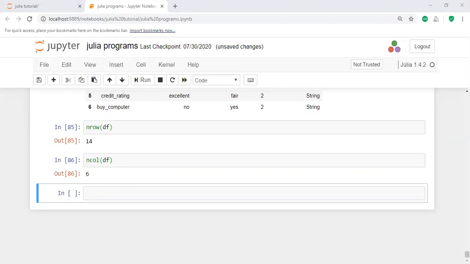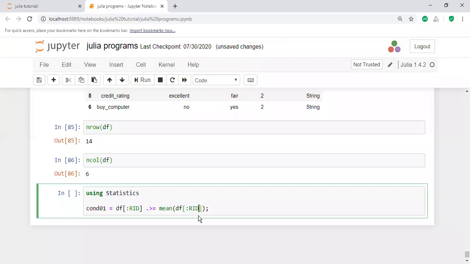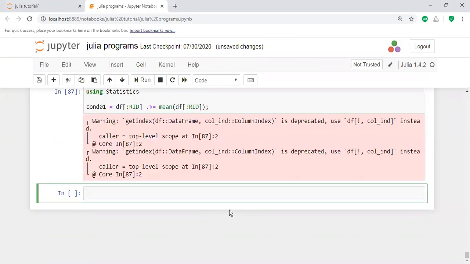Not only that information, there is also the manipulation of rows. You can manipulate the rows with the mean. If you want to know the statistical information, the mean of a particular column, then it displays the particular mean of the column by using this function. This function is used for the statistical mean for the column.